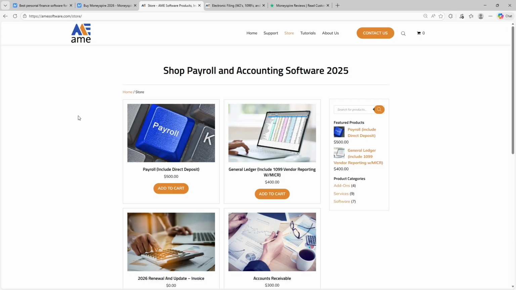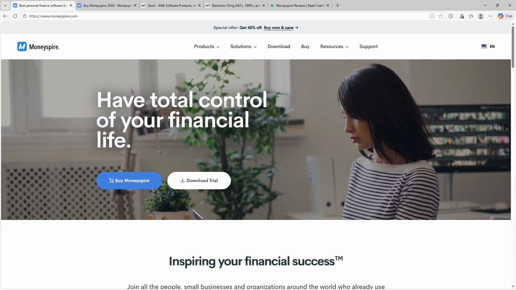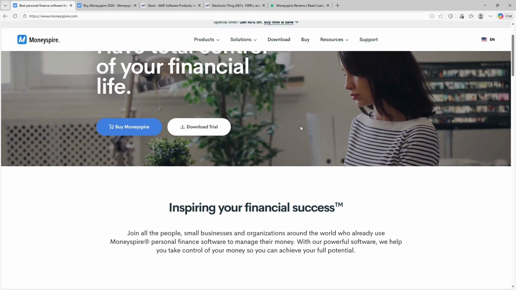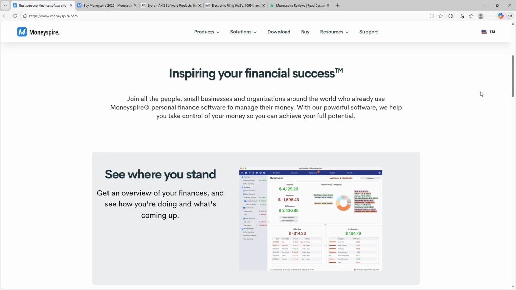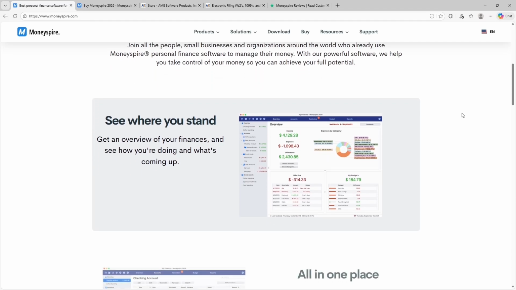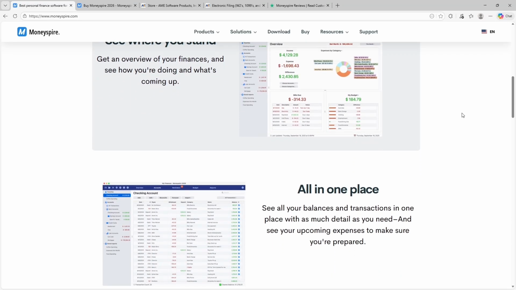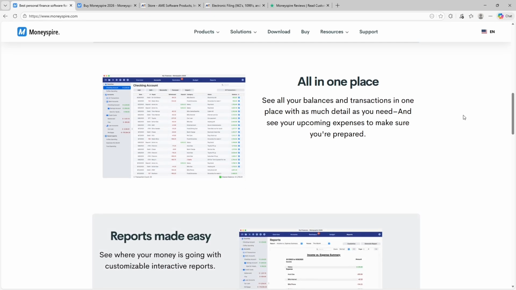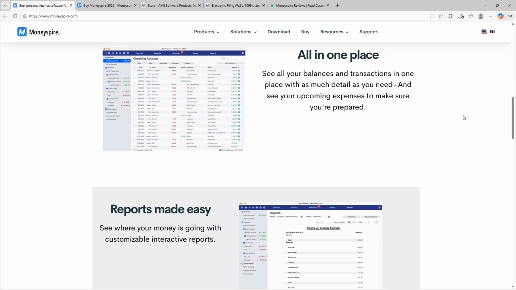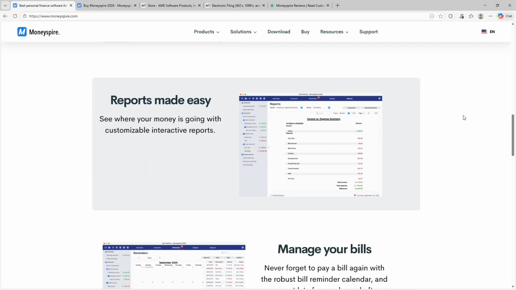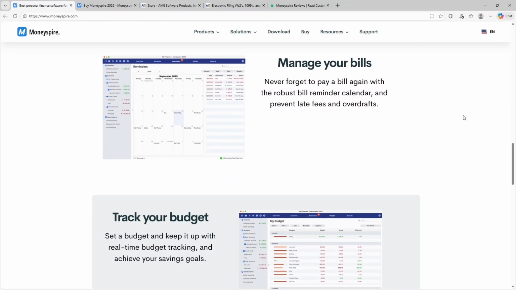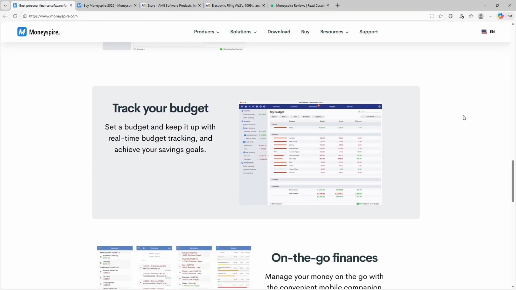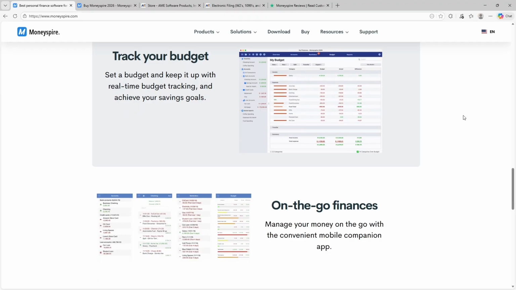Now, shifting fully into Moneyspire itself, the feature set is designed around clarity, control, and offline reliability. Moneyspire is a desktop-based accounting solution that supports double entry accounting, income and expense tracking, bank and credit card accounts, budgeting, invoicing, bill tracking, and financial reporting. It supports multiple currencies, investment tracking, and customizable categories, making it suitable not only for small businesses, but also for